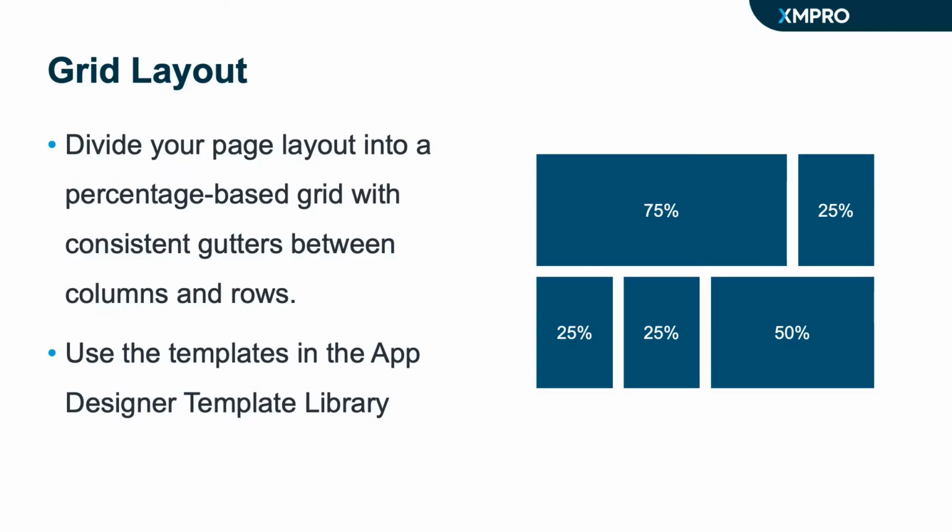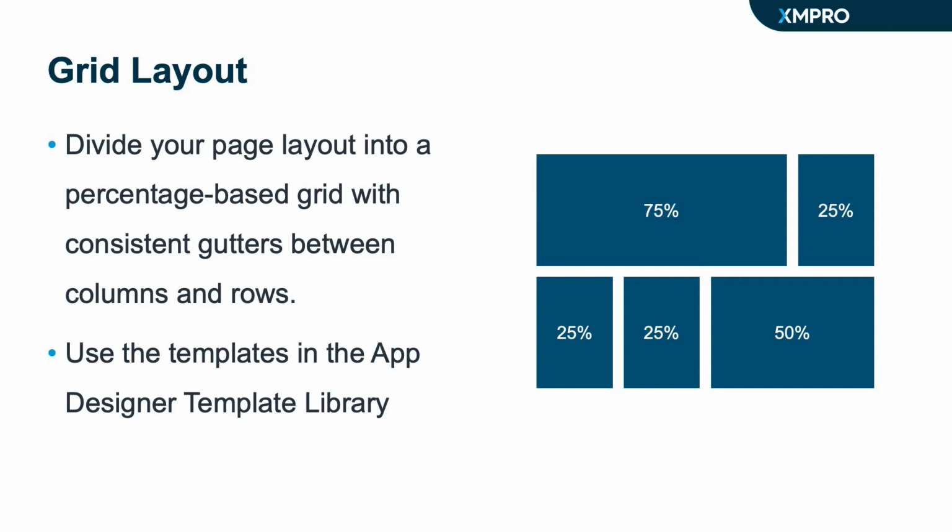Let's dive a bit deeper into grid layouts. So when you're designing your app interface, you will probably have multiple pages that you need to create layouts for. So I recommend creating a grid layout with percentage-based columns for each page in your app. And then you want to add consistent gutters between the columns and the rows to give you an organized structure